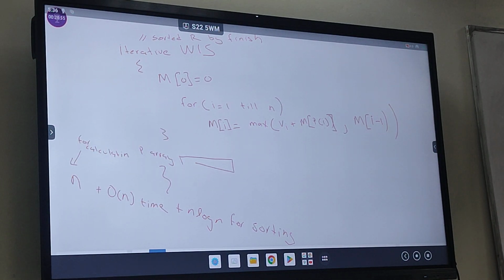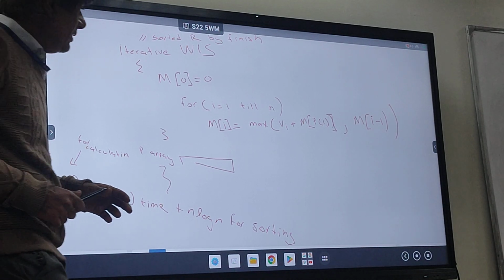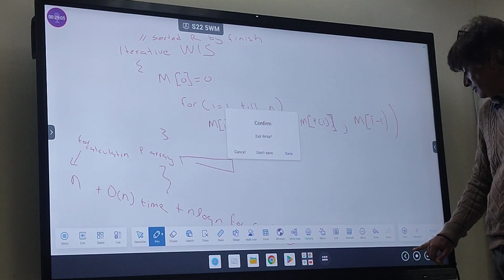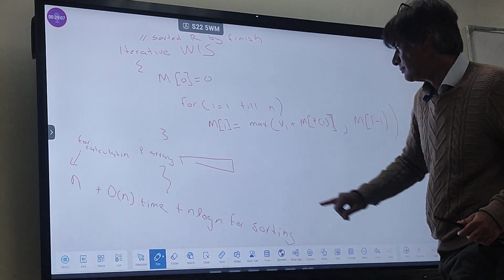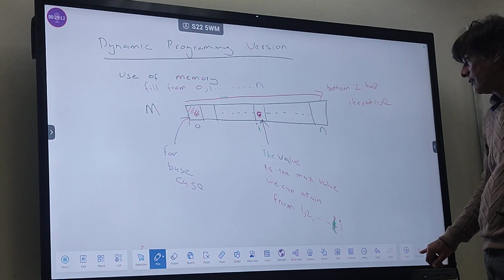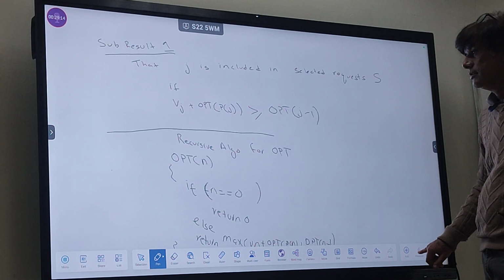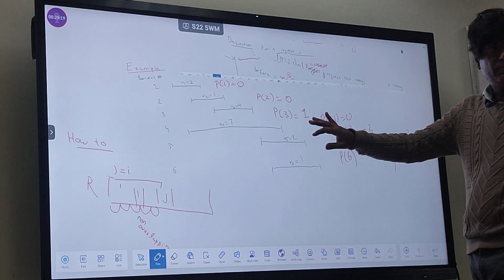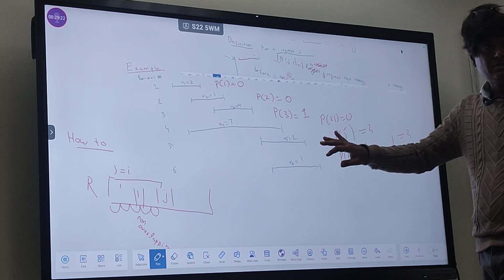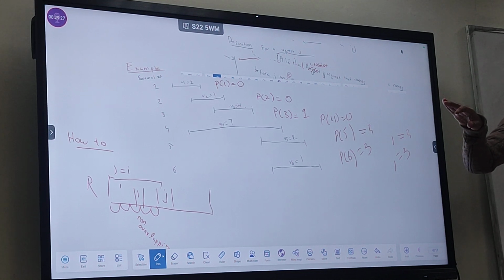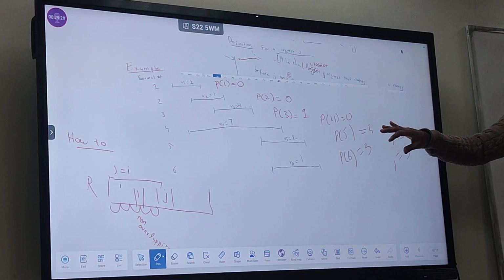So I'll share with you some reading material. I'll ask you to apply this algorithm on this example yourself. You might make some mistakes, but it's okay. It's a small example.